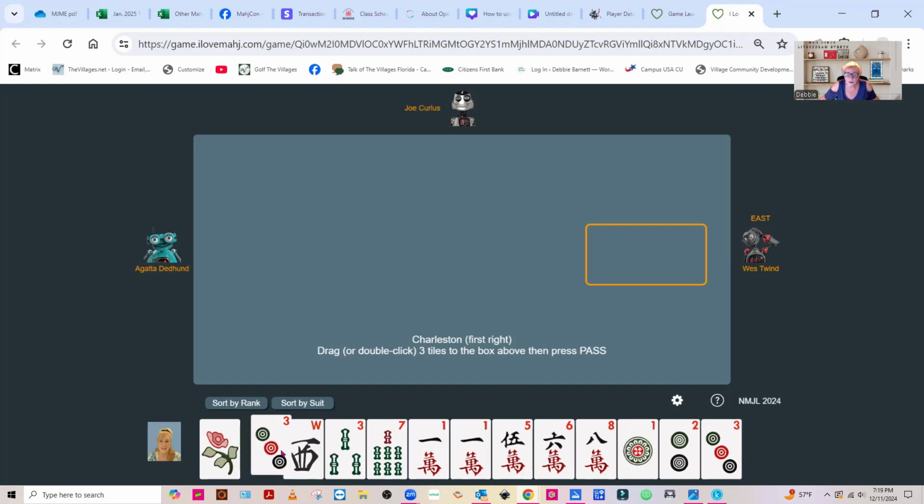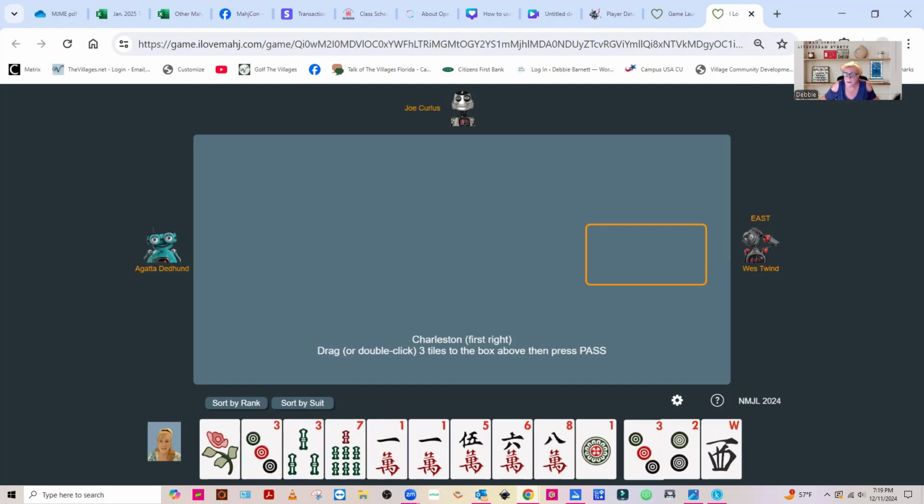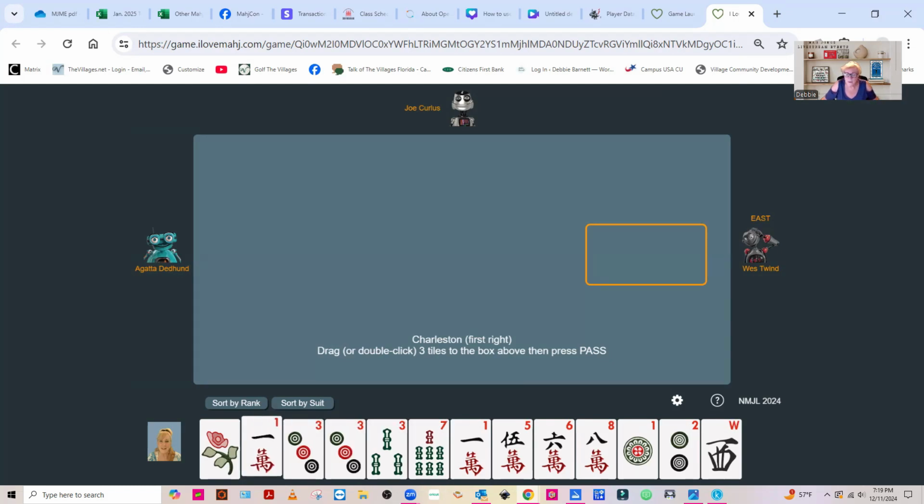Okay, let's start with our multiples again. I have no jokers this time. So I may take a quick peek at singles and pairs as well to see if I want to play any of those. Why not? If you don't have any jokers, why not try them? I also have 1 cracks